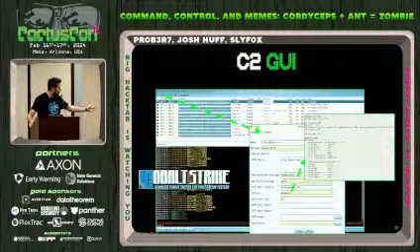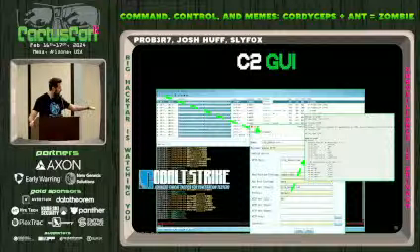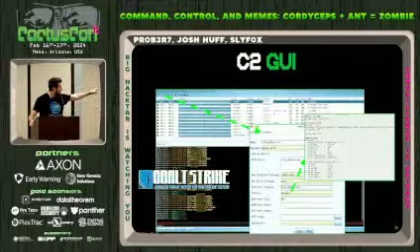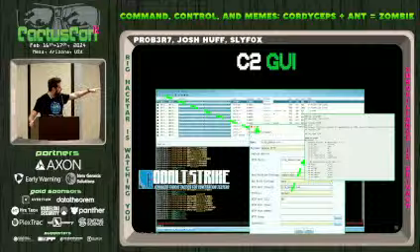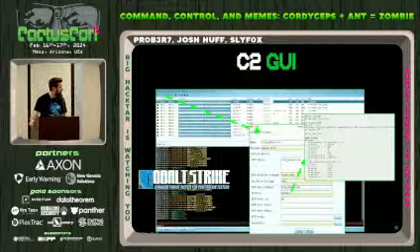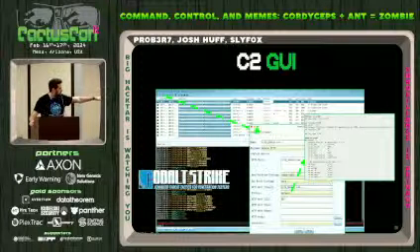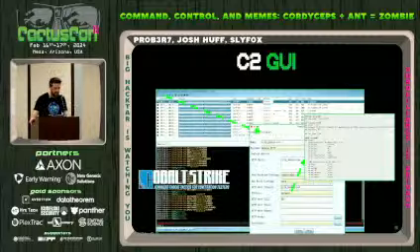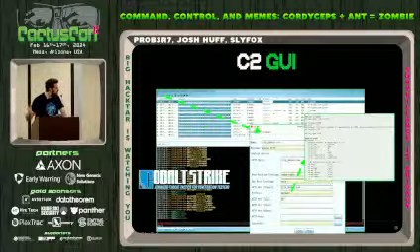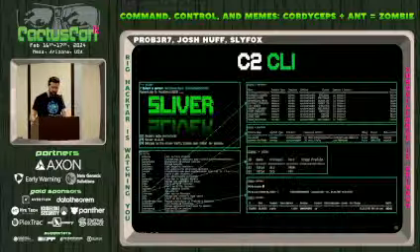You also have a nice chat box there that the operators can talk in, and it tells you when you got your initial callbacks. And then at the top there, it shows each one of your callbacks, and you can just right-click there and interact and run whatever commands you need to. Also, it's not part of the GUI, but I included a screenshot there of the malleable profile, and that's where you can make some different changes, like to the network protocols and stuff to kind of help you blend in better.